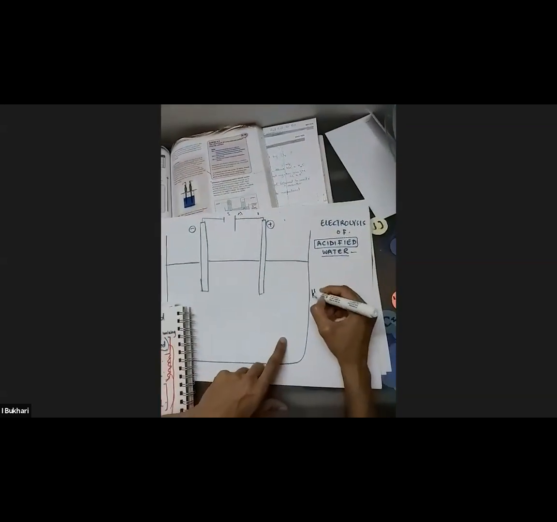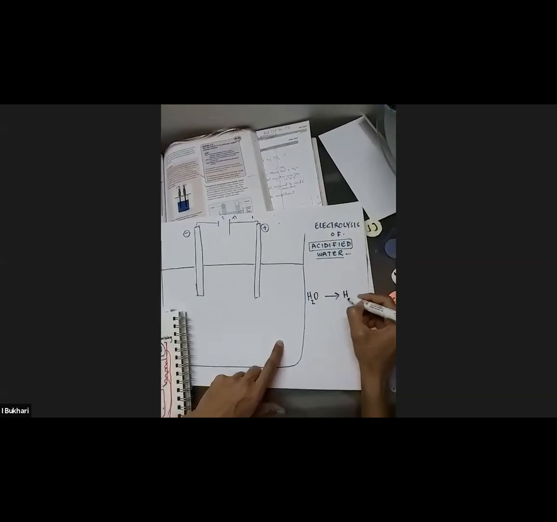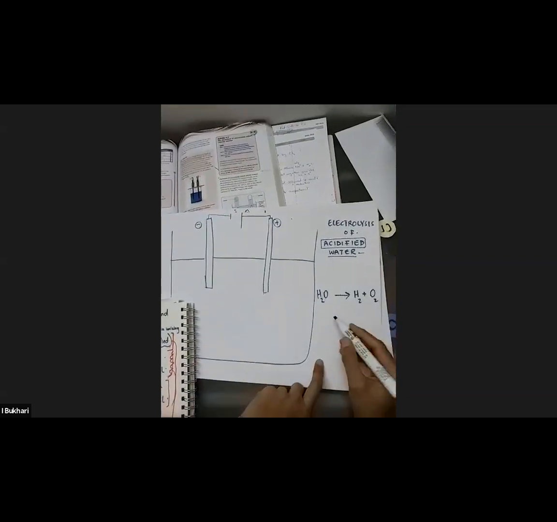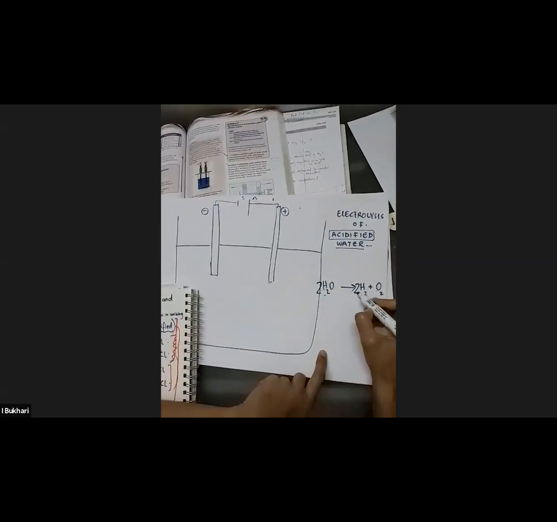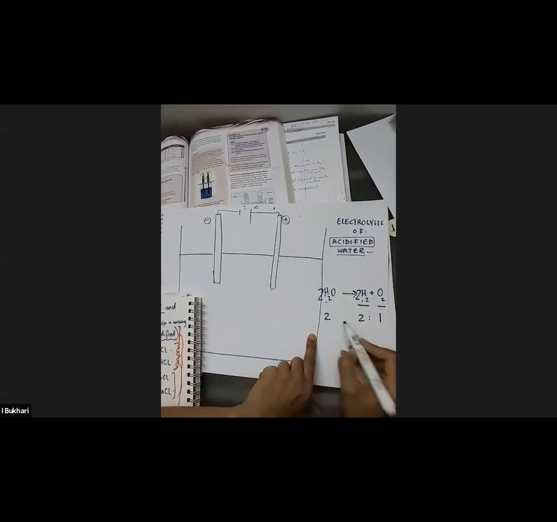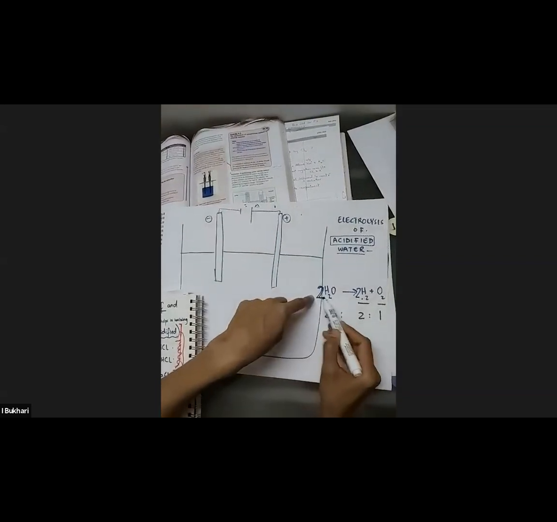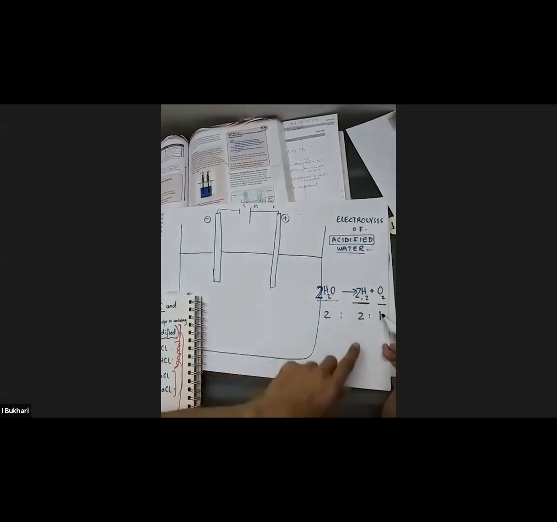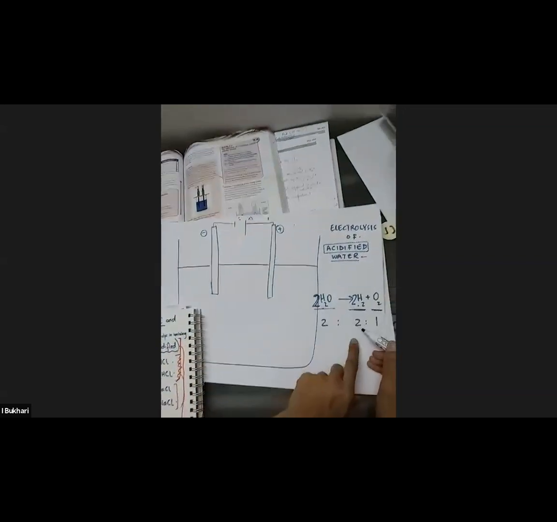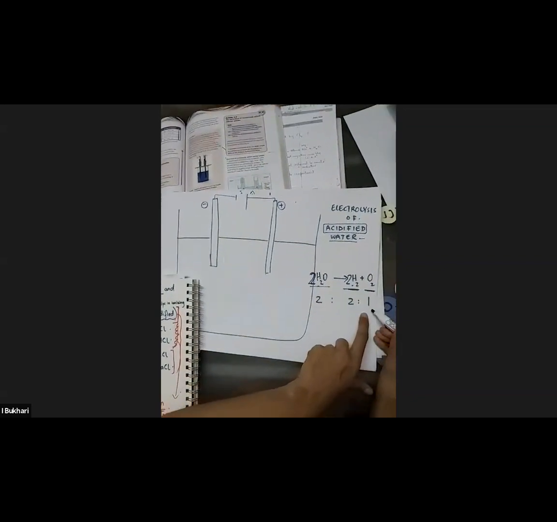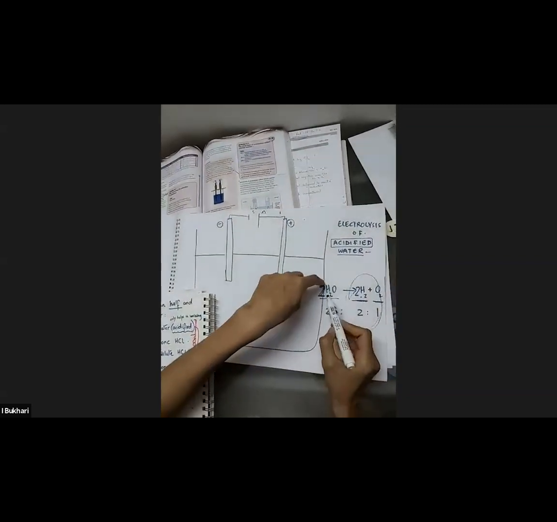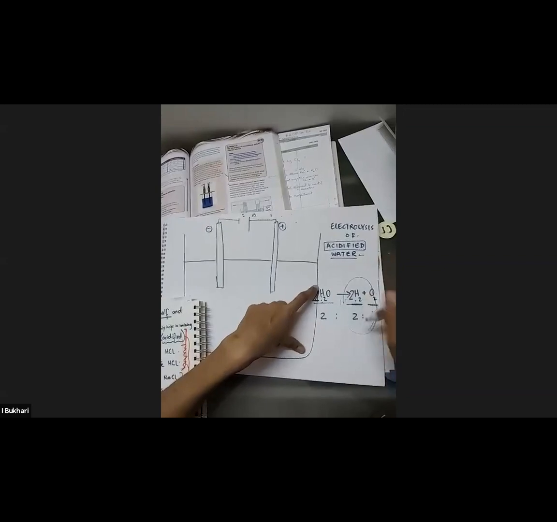Now, water is this. It will break down into its components, hydrogen and oxygen. Now, if I balance it, what will I get? Hydrogen and oxygen, and the ratio is 2:1. That's the ratio. 2 moles of water splitting up into 2 moles of hydrogen gas and 1 mole of oxygen gas, right? I want this product. So I want to ionize this, but I do not want any other product.